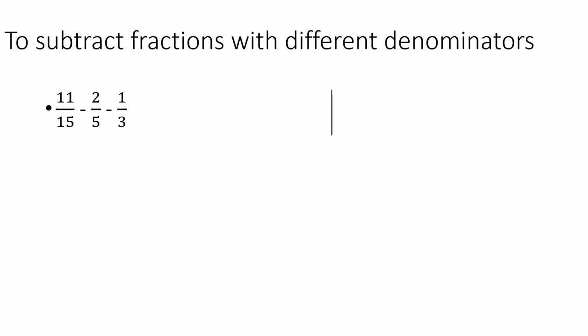Take one more question. 11 by 15 minus 2 by 5 minus 1 by 3. So here the denominators are 15, 5, 3 and the LCM for these we will find out by common divisor. So is there any common divisor for all these three numbers? No. But yes, for any two numbers there is a common divisor. So let us take 3. 3 5s are 15, 5 as it is and 3 ones are 3. Now we will divide by 5. 5 ones are 5, 5 ones are 5 and 1 as it is.